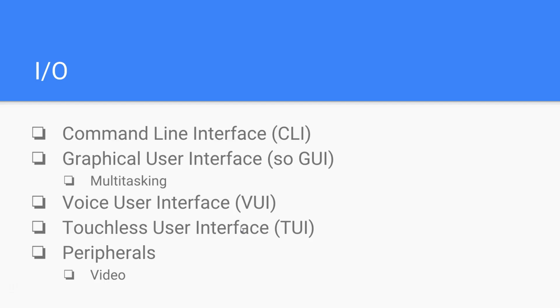So there you go. And of course we have not only do we get input output by our user, but we also get what we have to show them. So we have peripherals like video and of course audio, both very important, right? Graphics are very important, which leads me finally to our